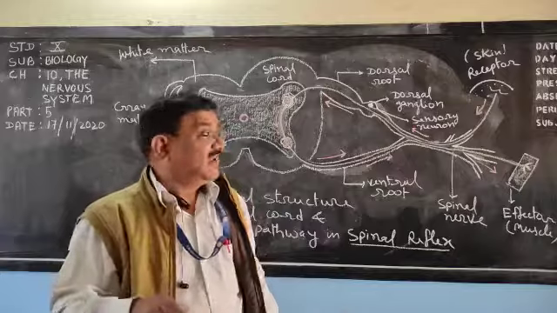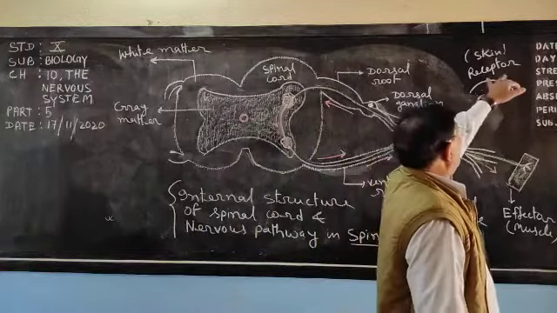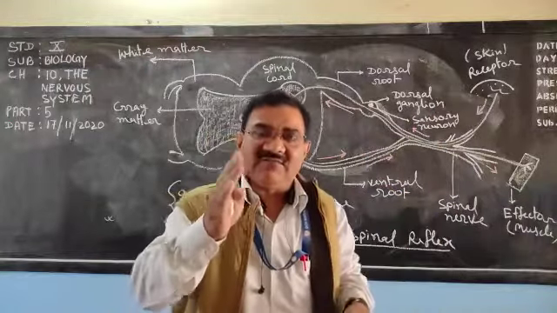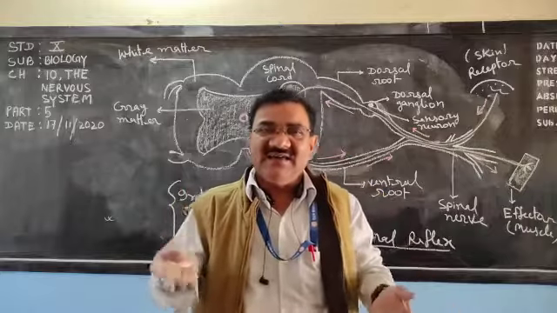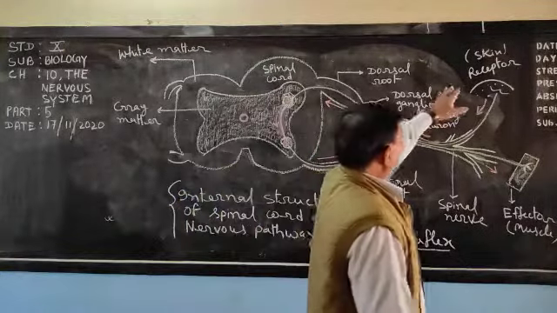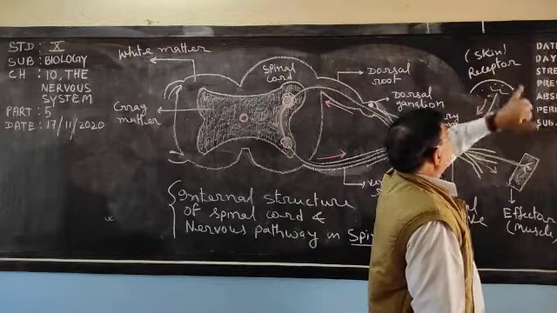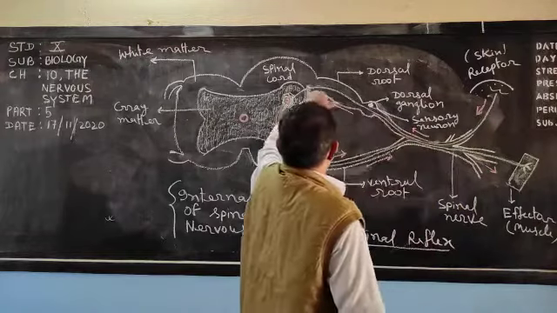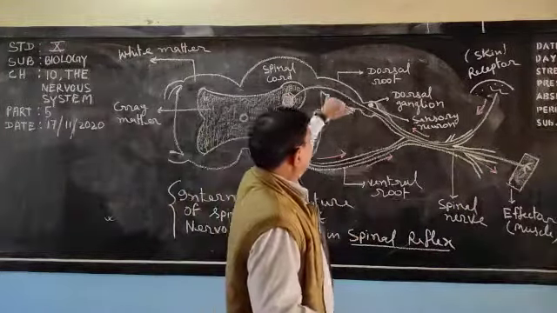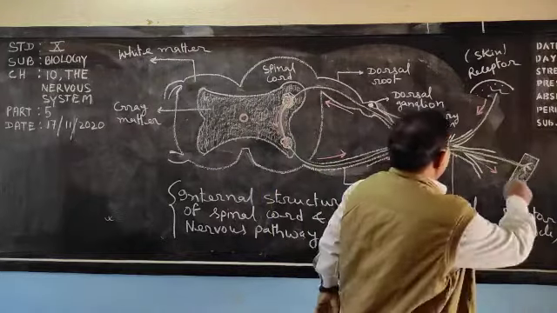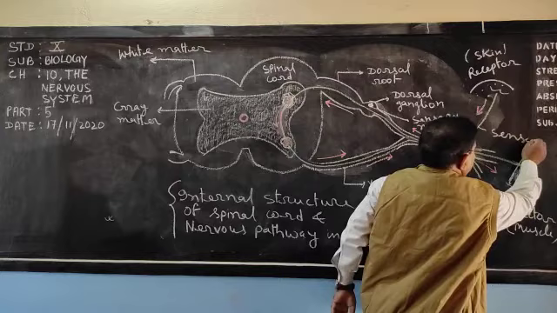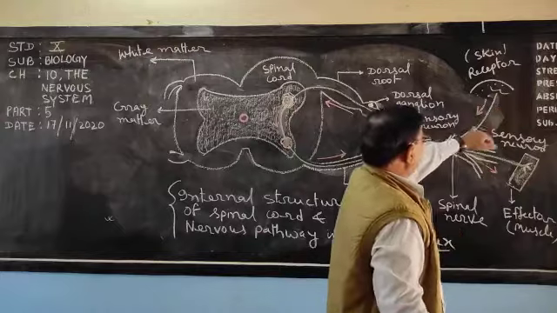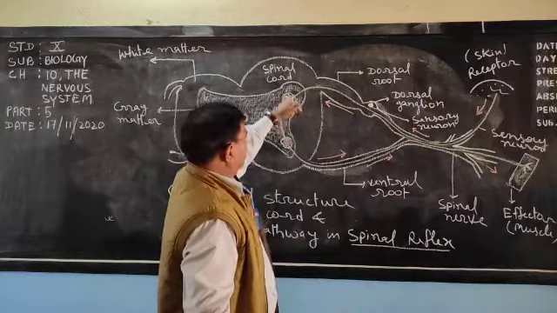What is a sensory neuron? It brings impulses from the receptor. The receptor is present in our sense organs: eyes, ear, tongue. Here I am showing one sense organ, that is the skin. So this is the receptor, and this green colored dash you are seeing is the sensory neuron. Very clear. And this is bringing the message to the spinal cord.